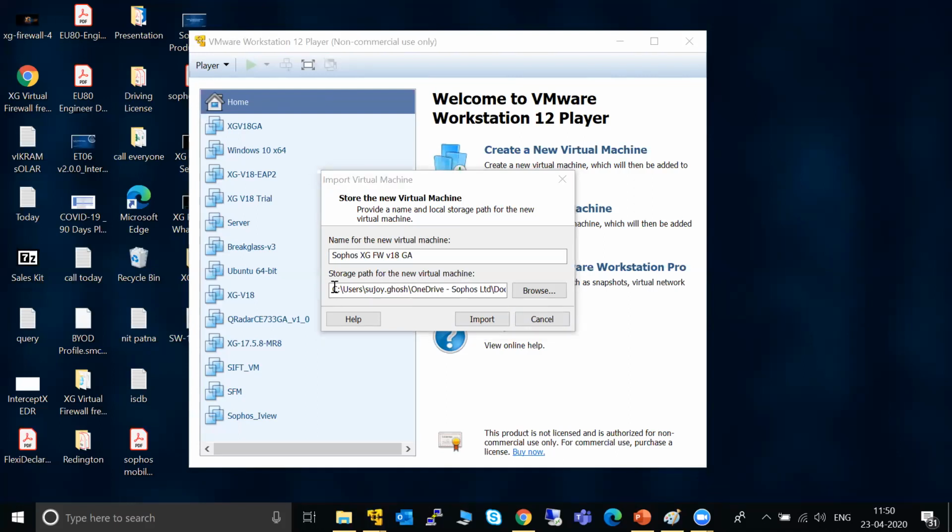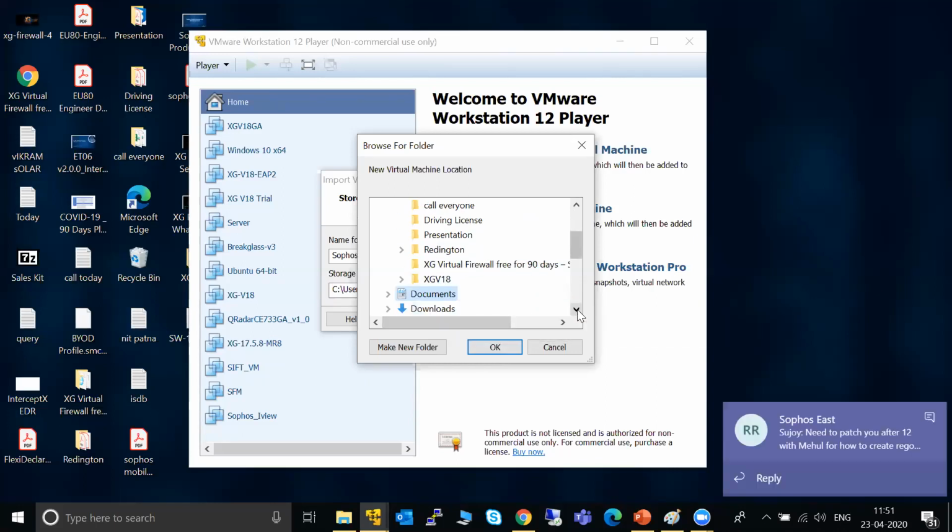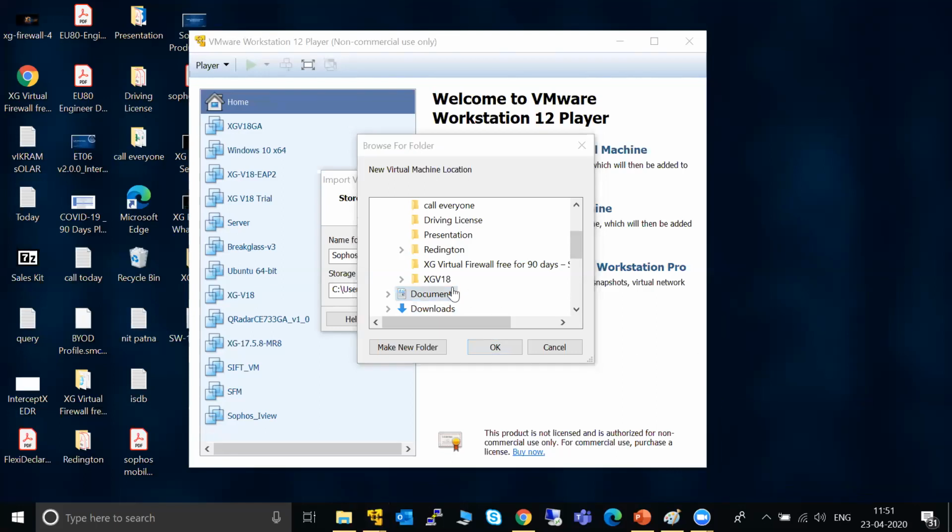Now it asks for the storage path, so I can simply browse it, and I make sure I save it where my extracted files are. This is the desktop location. This is the firewall, this is the virtual version 18 folder.